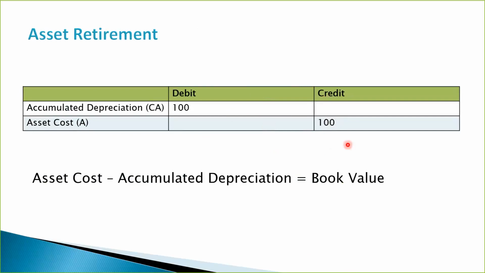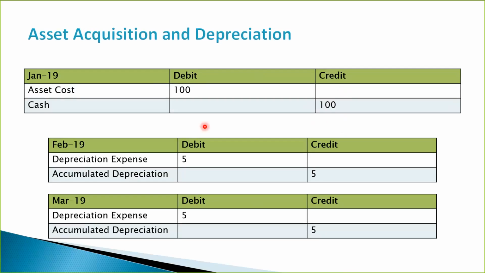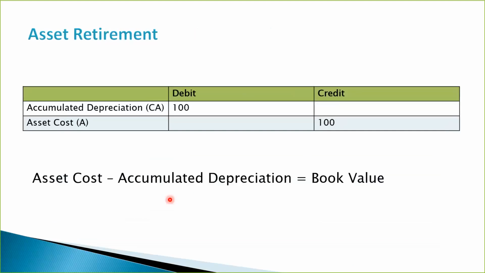However, this asset cost account will only be hit at retirement. So over the life of the asset, the asset cost account, which is basically the value of the asset when you purchased it, will remain the same. These are the accounts that are going to be hit, the depreciation expense and the accumulated depreciation. But when it's being retired now